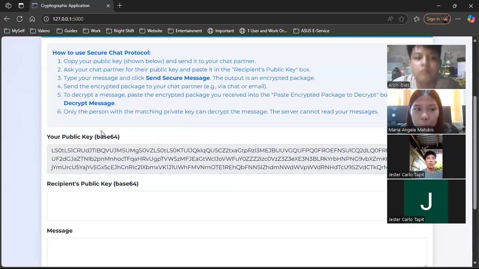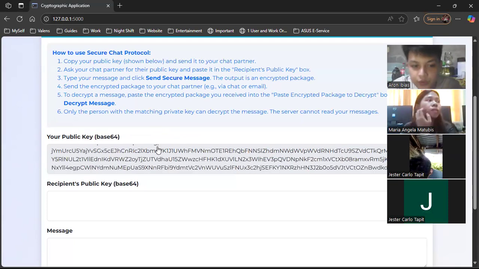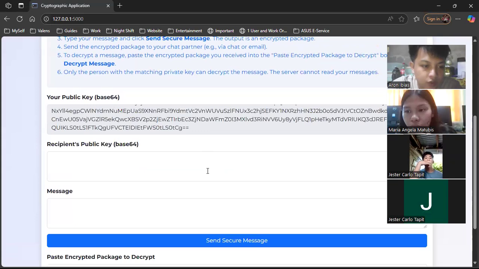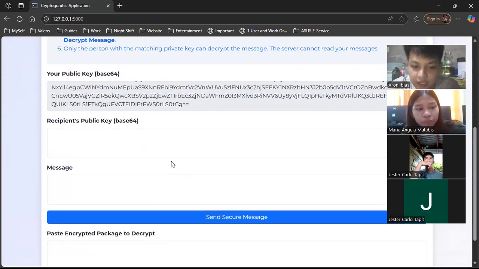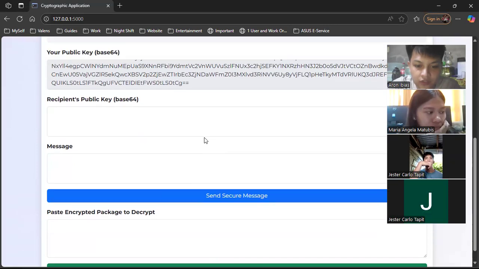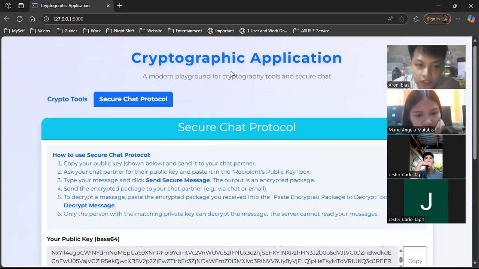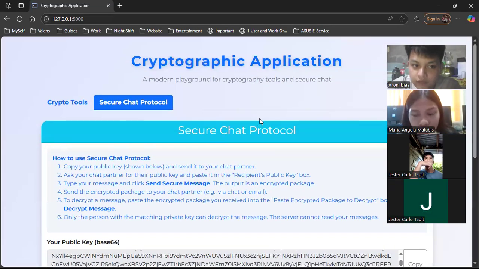Also, a public key is here for the user to give to the recipient, and he or she can message the recipient through encrypted messages. So that is one of our functions in the cryptographic application. And I think that would be all. And thank you.